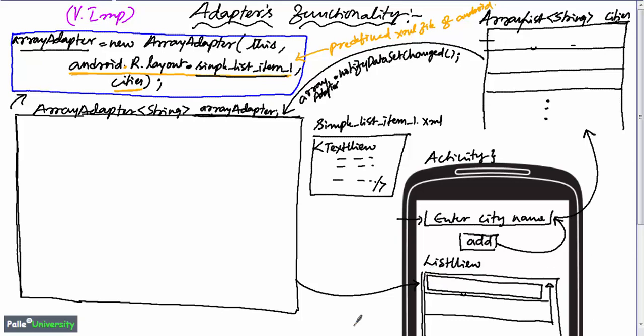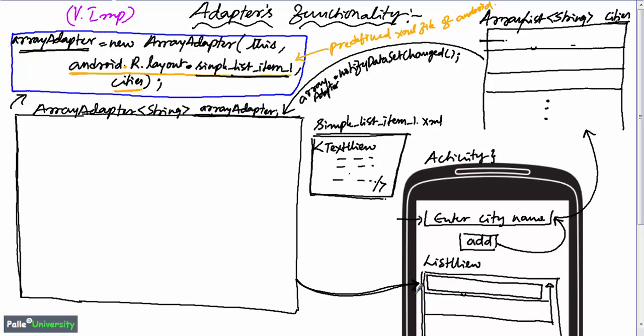In order to display a text in the list view, we need a TextView. So for the same purpose, this array adapter will internally open this simple_list_item_1 XML, whatever is supplied here, and it knows that internally it contains a TextView. It will take this TextView and read Bangalore from cities. It will place that Bangalore in this TextView and supply that TextView as the first element